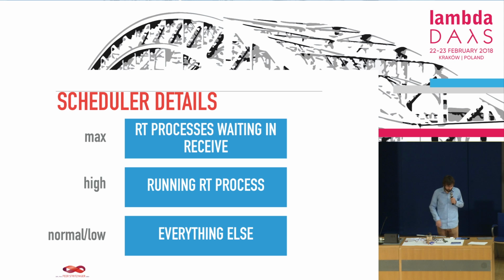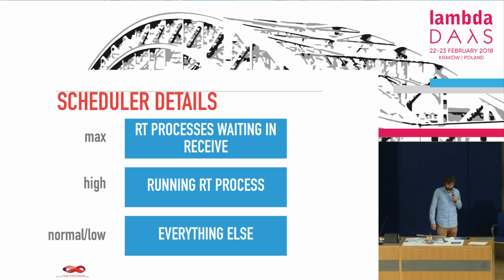In Erlang you have four fixed priorities. It's normal and low, where you usually have your normal soft real-time processes running. And there's also high and max, which you actually shouldn't use, but I did nonetheless. And the trick is to have all real-time processes waiting in the max priority. They are in a receive, so they are blocked because they don't get a message. As soon as a message arrives,